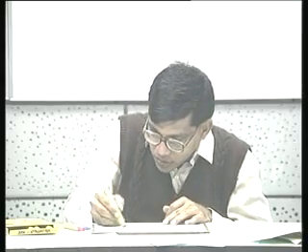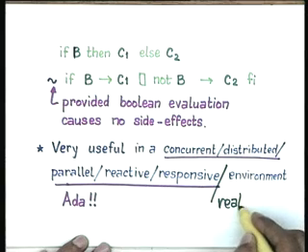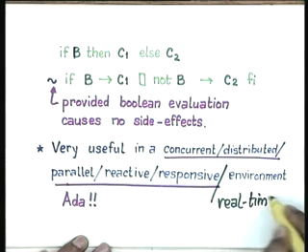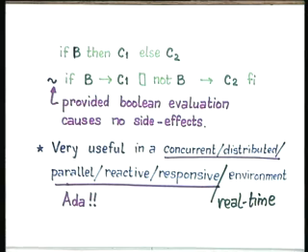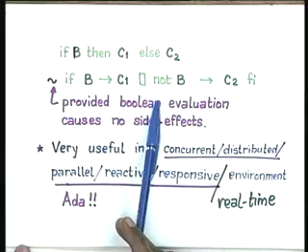So, in real time, oh, that is another word I should have written, real time. These are all buzzwords, many of them are closely related, overlap and so on and so forth, but they are all different words, right. So, in a real time concurrent distributed environment, you have to be a reactive system, you have to be responsive and you have to do it in real time, right. So, for that you require such a construct.